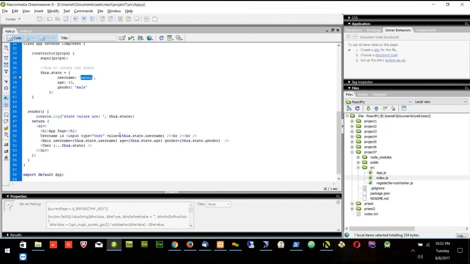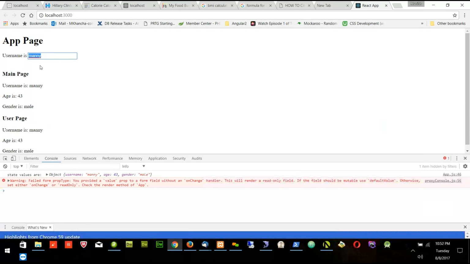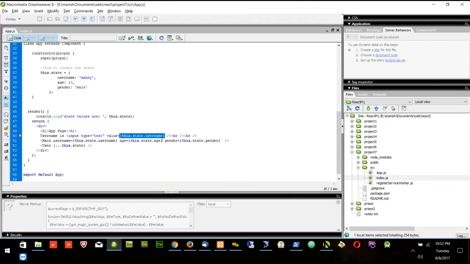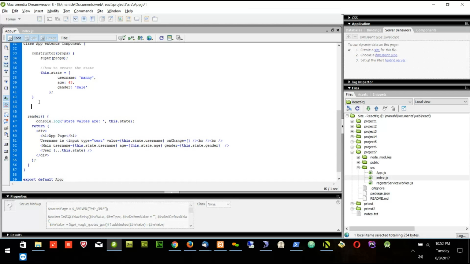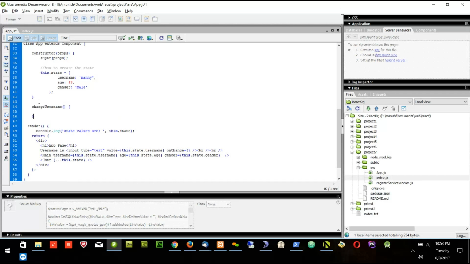We will find it here, and I will see this one. Now I have to change this. I have to change the username as state. So I will say on change. On change equal to, I will start with the curly bracket and end with the curly bracket. Now here I want to put the function. So on change, I want to call some function here. So I will write one function. For example, I say change username. I'll create a one function,